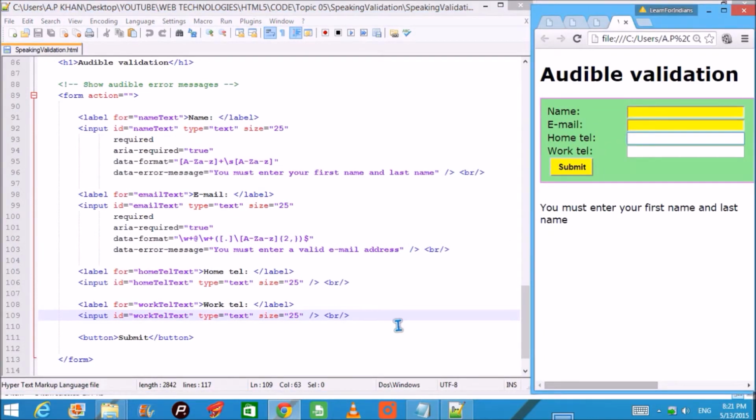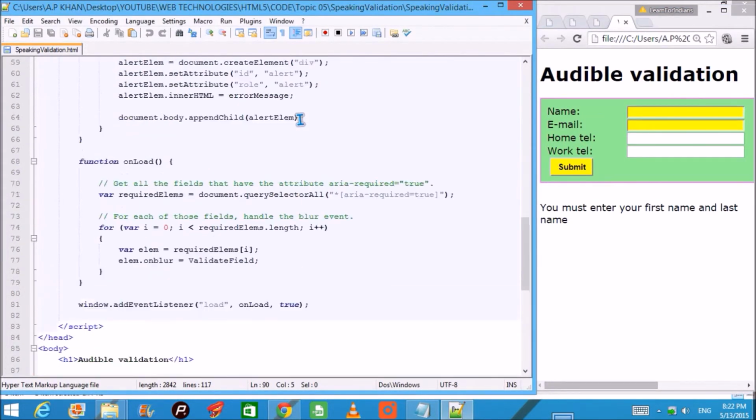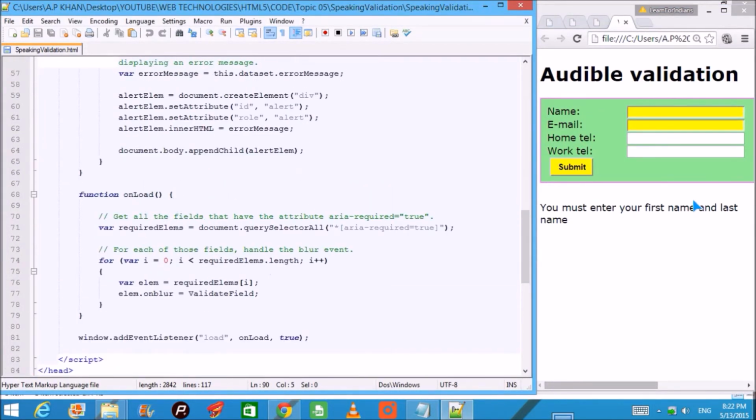Now how is this validation carried out? Every validation nowadays is carried out by scripts which are client side only, not on the server side. So all validation is done here. We carry it out by a function called onload.